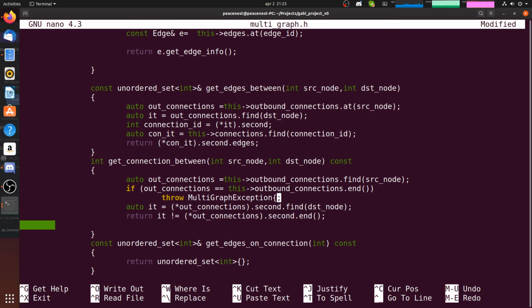MultiGraph exception. Okay. Alright, so if it passes this one, I'm gonna throw, so if